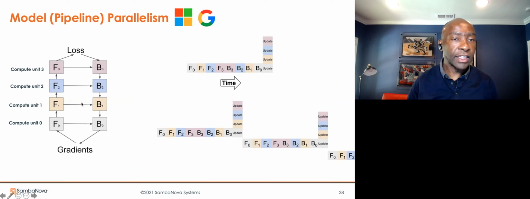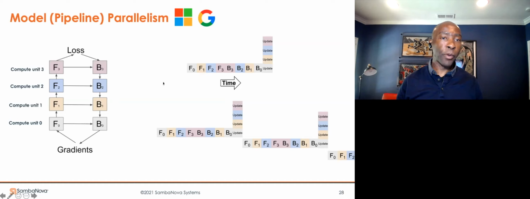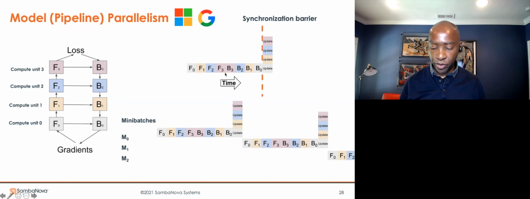All right. And so if you look at the operation in time, as we see here, first we do the forward sections, and then we do the backward sections, right? And what you need to do then is update the weights, and these are shown here in this vertical set of updates. And typically what happens is you need to make the synchronous